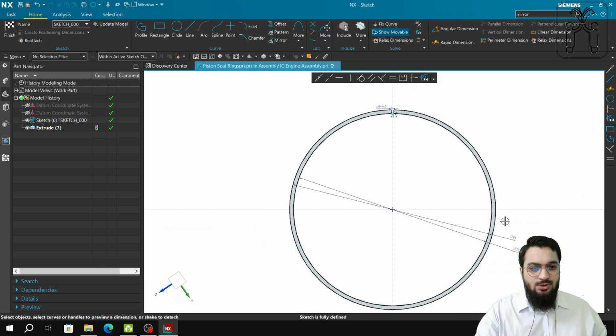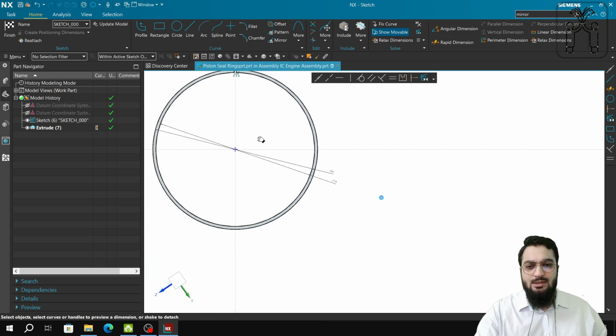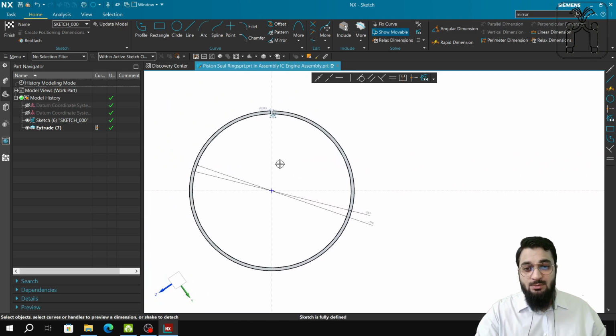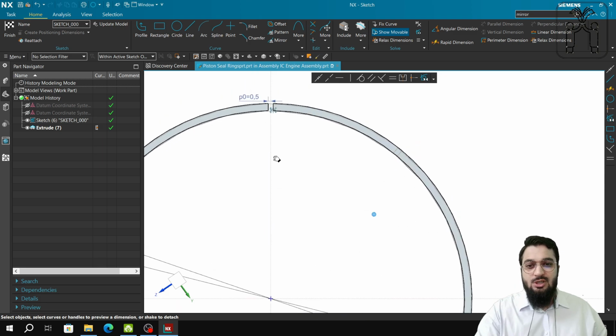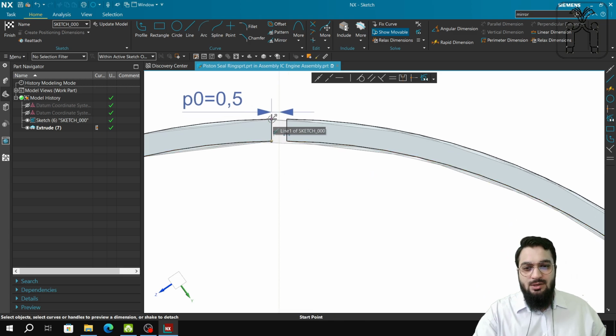Okay, we have taken 2 circles of 81 mm and 78 mm. 78 mm, वो उसका इनर वाला भी 78 mm था, तो उसके ग्रूव के साथ वो बैठना चाहिए, और ये 81 mm. और हमने क्या किया, ये दोनों सर्कल बनाने के बाद एक लाइन ली, यहाँ से यहाँ खींची, एक लाइन ली